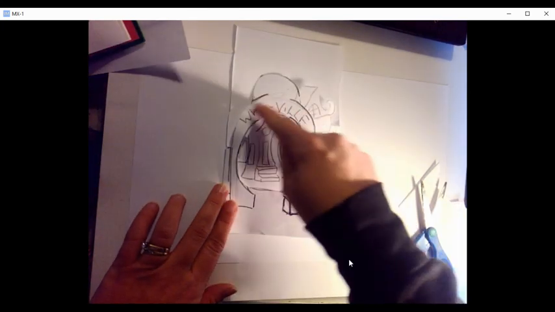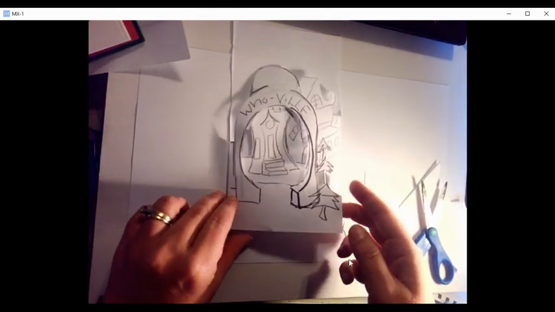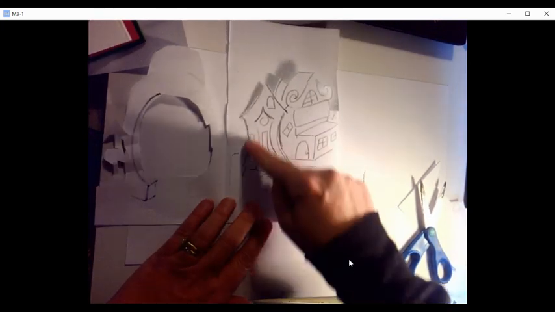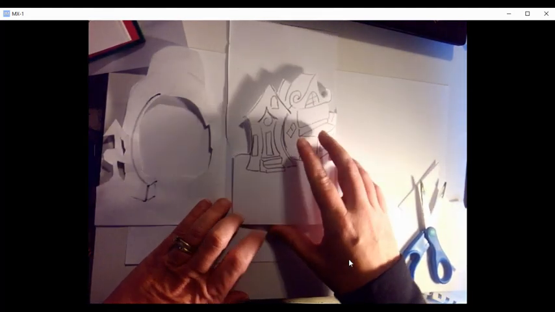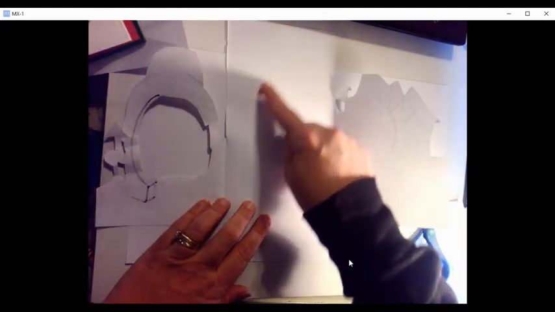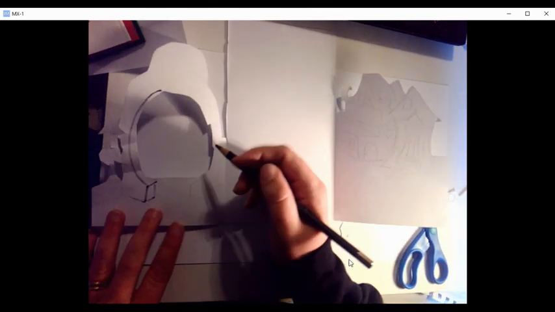Okay, so far I've drawn my Whoville front gate. That's my foreground. I've drawn some of the houses in Whoville as my middle ground. And now I have to draw my background. Now, one of the things that I like to do before I get into that background too much is